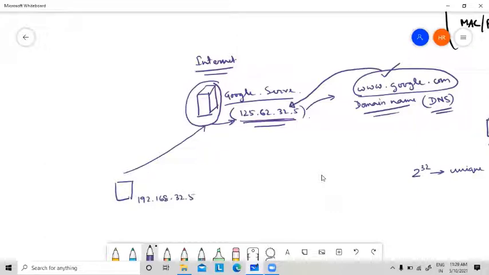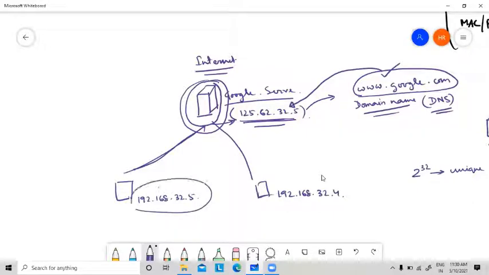Now why is this IP address unique? So that the server can recognize that this is you, and suppose another device is connecting which has another IP address. Why do different devices have different IP addresses? So that the server can easily recognize the client. Logic clear? Now, how many different unique IP addresses can you have in 32 bits?